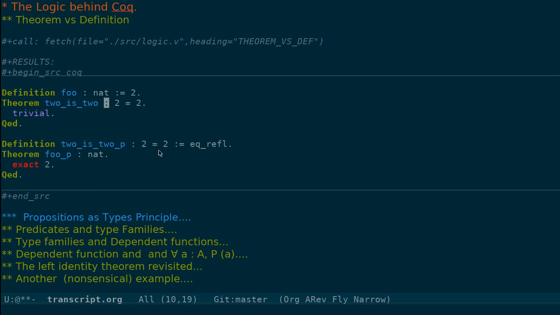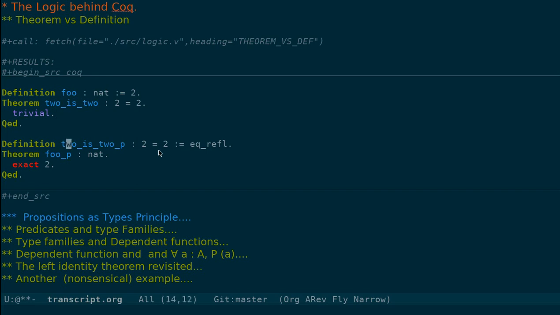But the truth is, you can interchange these two things. There is nothing that prevents you from using a definition instead of a theorem and a theorem instead of a definition. Mostly. There is some small difference between these two things, but we can explain it later. For example, I can get the same effect of this theorem using a definition. So I define a new name though, but you could give this name if this was not defined.